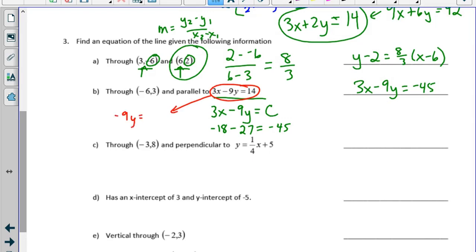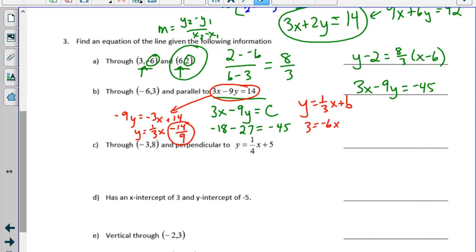So negative 9y equals negative 3x plus 14. And then I divide, so I get y equals positive 3 ninths, or positive 1/3 x minus 14 ninths. But it doesn't really matter what this is, because that's going to end up being a different value anyway. So you can take y equals 1/3 x plus whatever the y-intercept is going to be, and substitute in